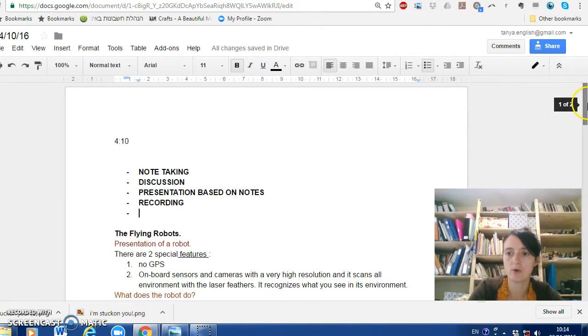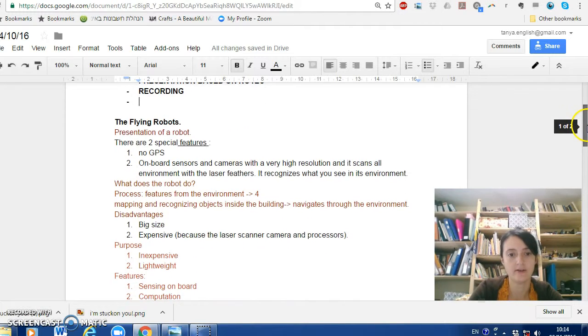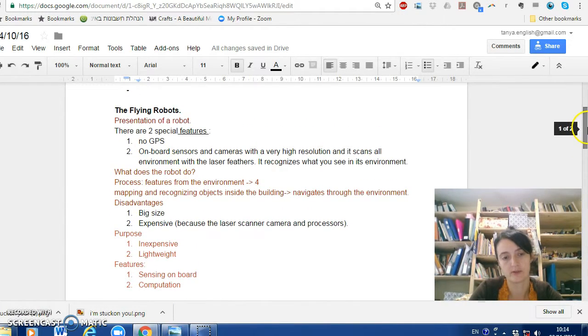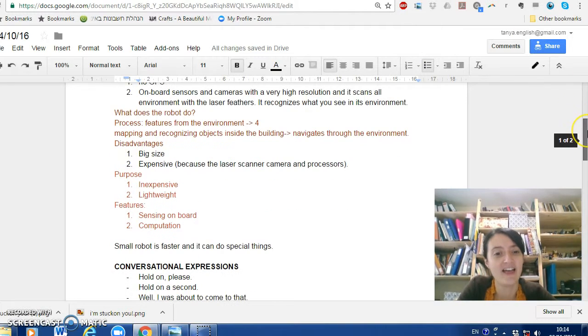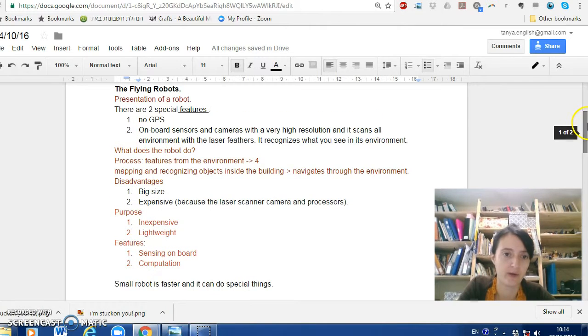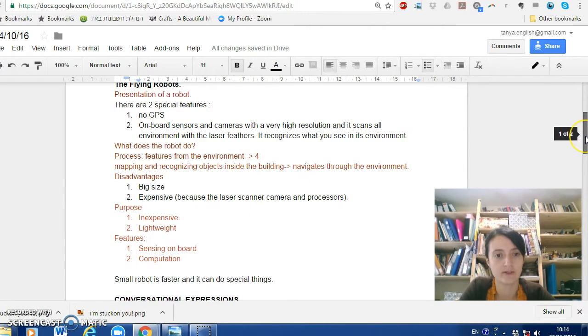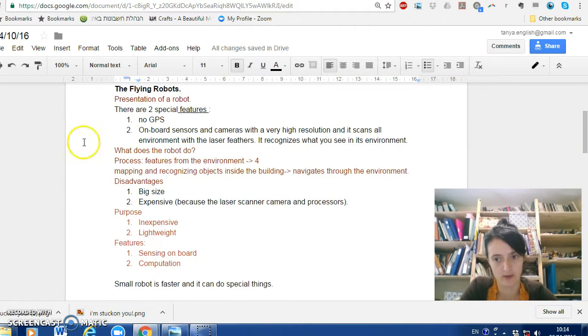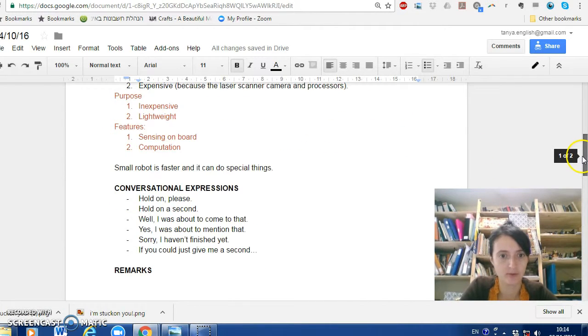So now I'd like to show you what we have. Here are the notes that my student took while listening to one of the TED Talks about flying robots. It was a very nice presentation. And then, as you can see, the notes are well organized. There are headings, there are points, there are steps. So, based on this short plan, my student was able to record